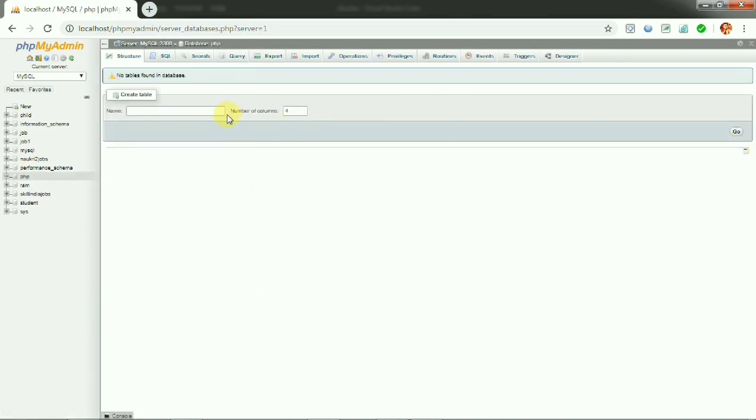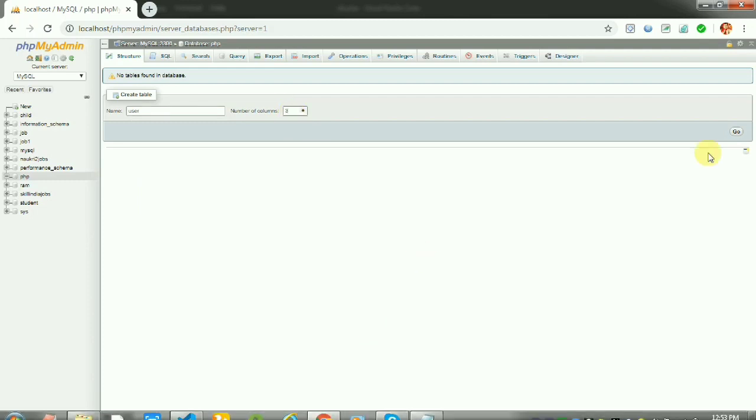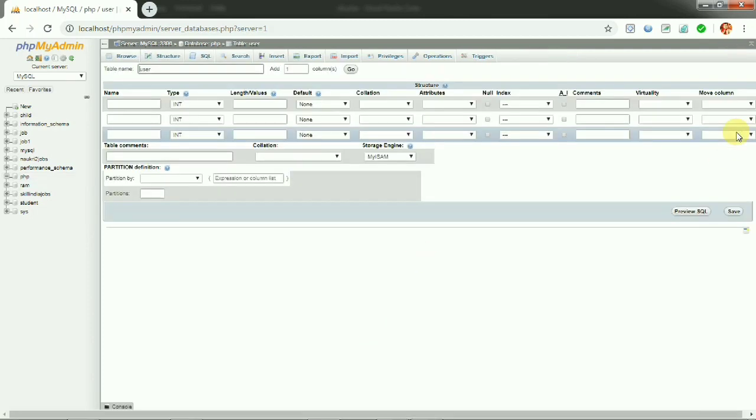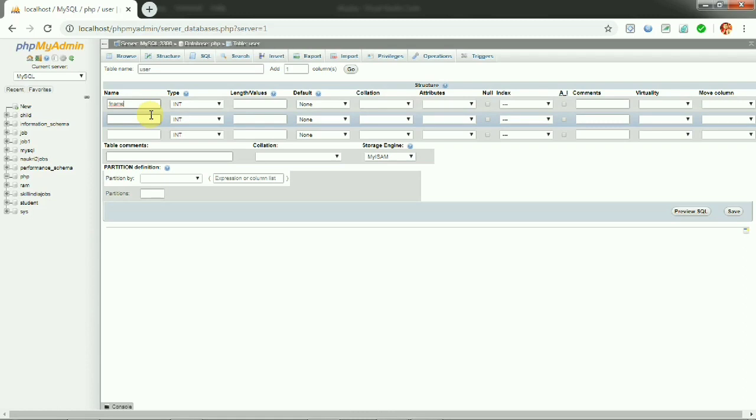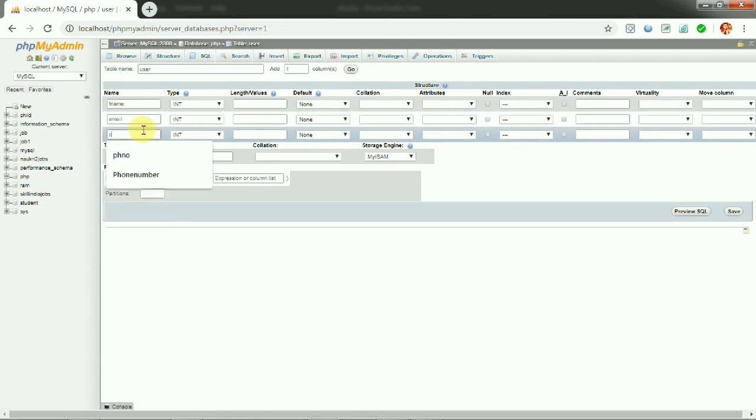In this database, I am creating a table user with 3 columns because I take 3 input tags. The column names should be the same as the names given in the input tags. Okay, the first name is fname, the second is email, and the third is phone number.